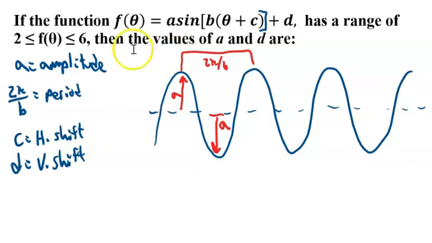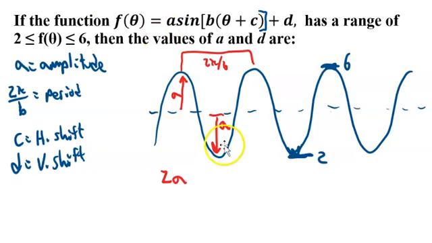So we have a range of from 2 to 6. That means the minimum is 2. So like here, this is 2, right at that minimum. And it touches the top. This has to be 6. So from 2 to 6, we've gone 2a, right? So for the amplitude, 2a,